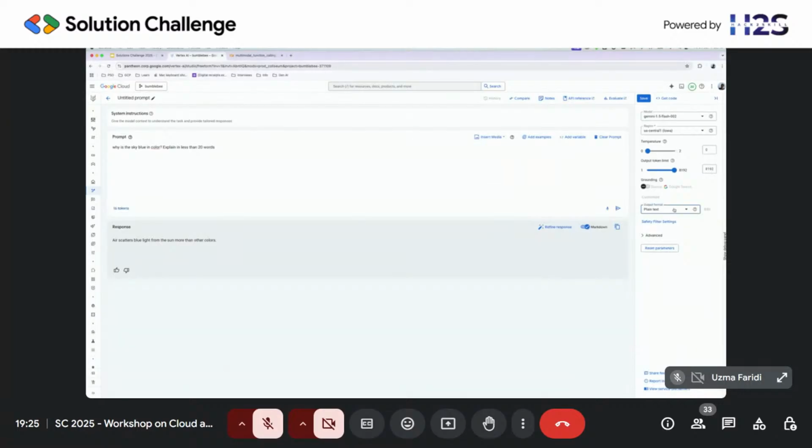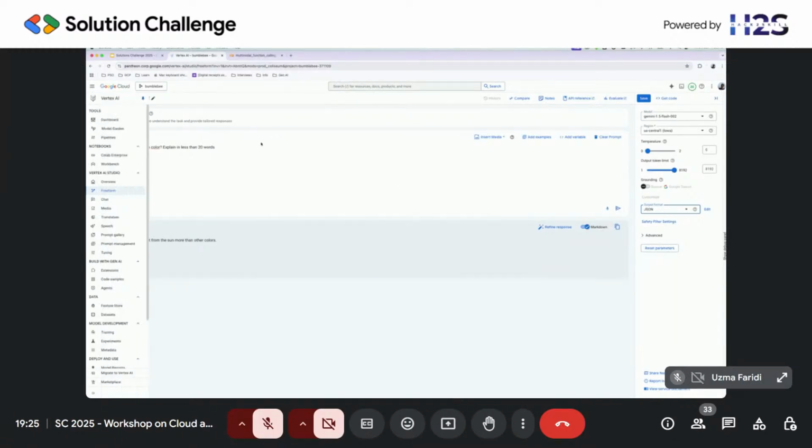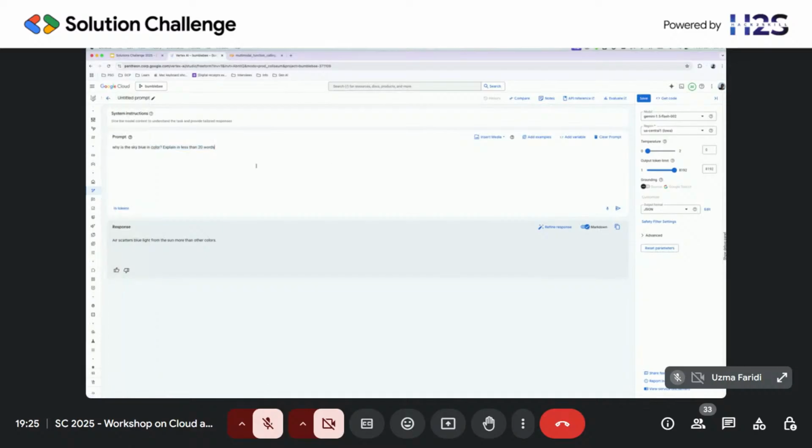You could also play with the output format. For example, you may want to get an output in a JSON format, which is useful if you want to build multiple layers of applications. You could control the output format here. Let's just change it to give